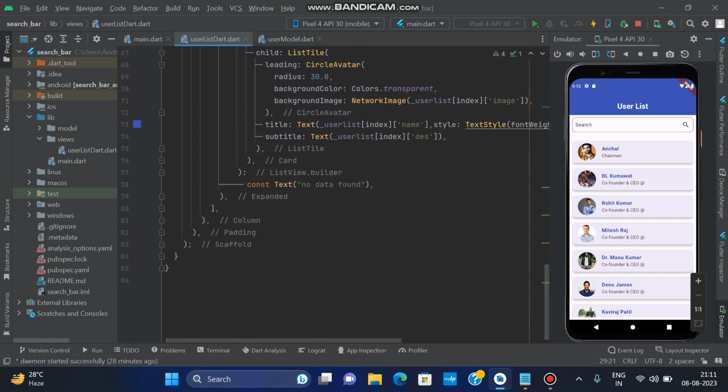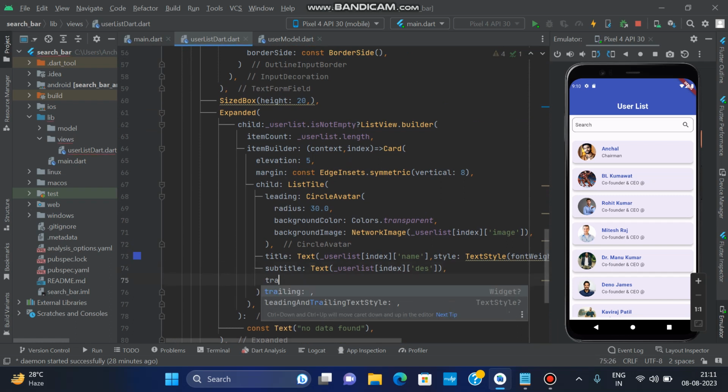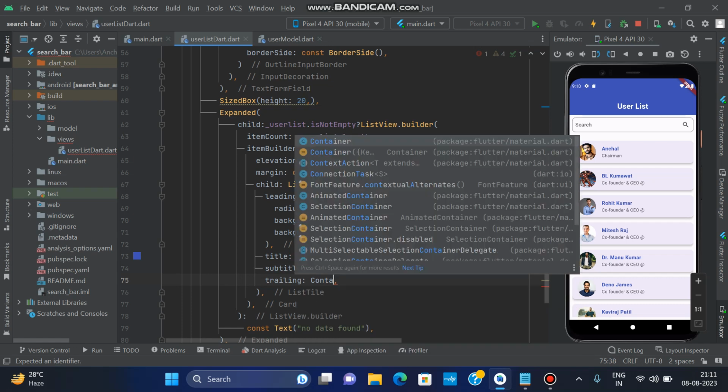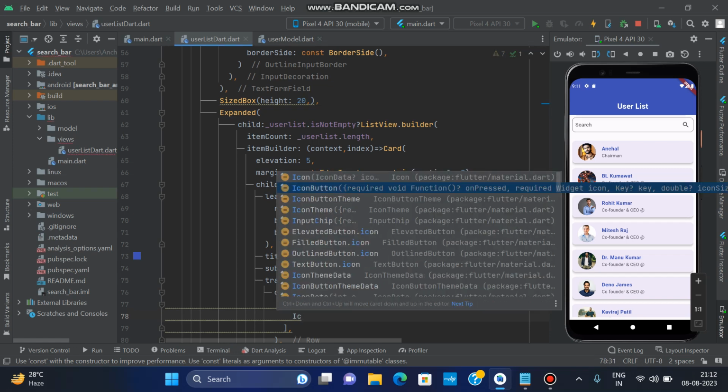So where can we add it? In list tile we have trailing, and in trailing we have a container. Because we have two icons, we use a row. In container we have child, in child we have a row, and in row we have children. I have used two icons, so icon button one,